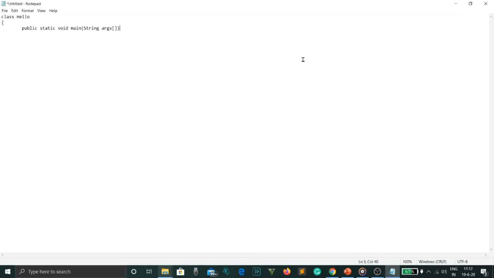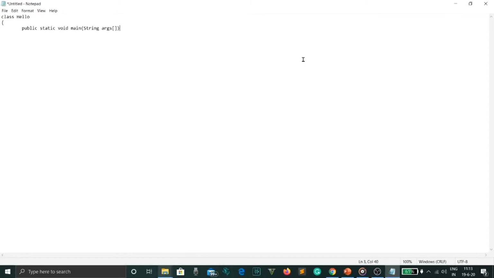As the main method doesn't return anything, its return type is void. Void means nothing. Coming to main. The main method in Java is the kind of an entry point of the program. Remember, it's not a keyword. Then coming to String args. String args stores Java command line arguments and it is an array of type java.lang.String class.